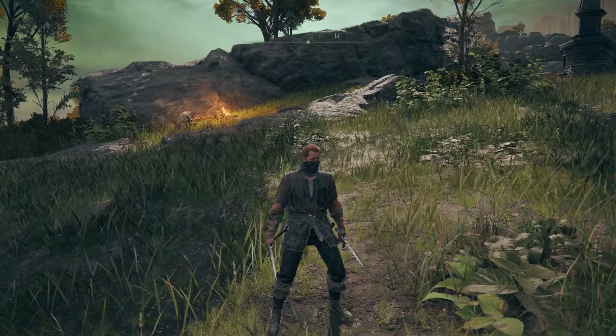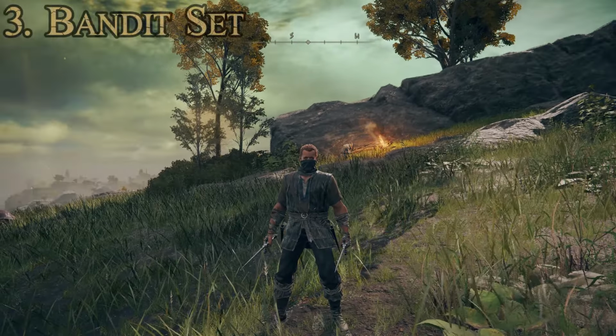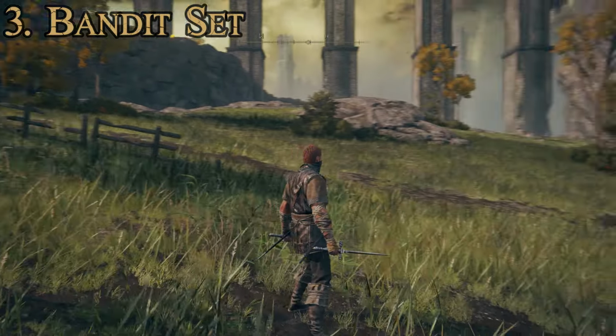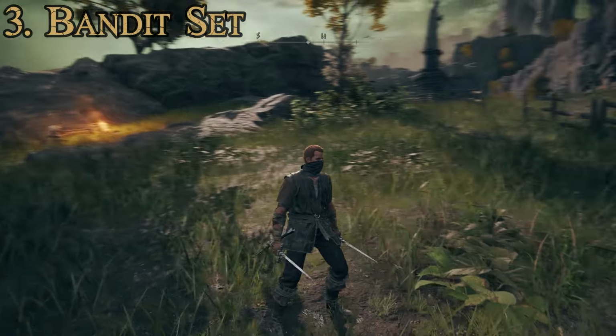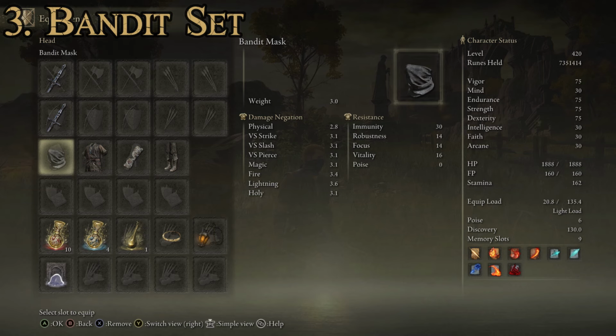All right, and so for our number 3 spot, so the second ones we're looking at on this list, we have the Bandits set. And now this one's got a pretty stock look to it. Probably a little less cool looking than the last one, but stat-wise just a bit better. Yeah, I kind of like how it looks. It's pretty cool, and of course you can customize it with different items to make it look a little bit different. But like I said, just a real stock look to it. As far as pieces for this one go, we have the Bandit mask, the Bandit garb, Bandit manchettes, and the